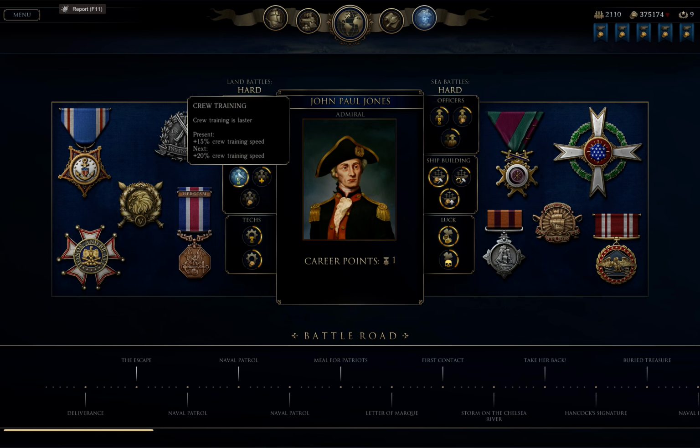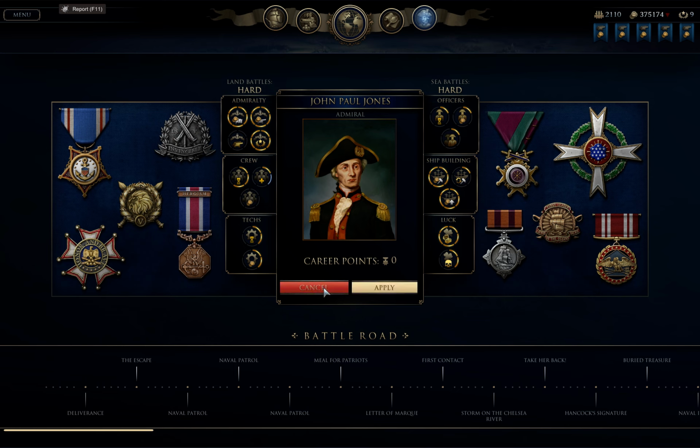So that's why I was discussing the crew training. I had initially put 1 point here. I put another one in, and I'm telling you, I got all my ships up to that. I didn't even max this out, and I went through most of the campaign with just the 2 perks here. I put an extra one in to help out. Now I'm gonna cancel that, but